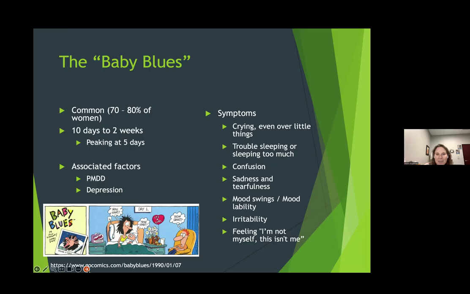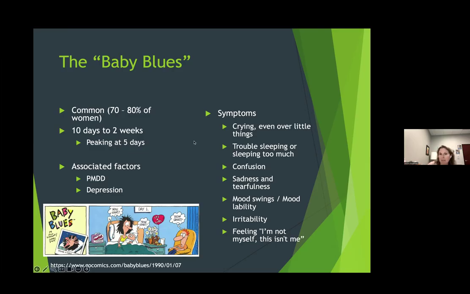That follows these parents all through the spectrum, and the challenges start early, right afterwards, although certainly pregnancy can be a challenging time as well. And we think of that hormonal component, the baby blues. The symptoms have epidemiologically been shown to peak around the fifth day, which is interesting when we think about some things we see in some of the cases. It is associated with premenstrual dysphoric disorder history and a history of depression.